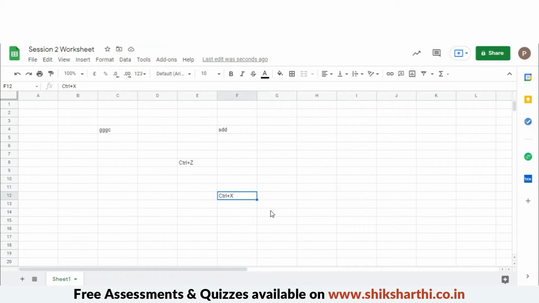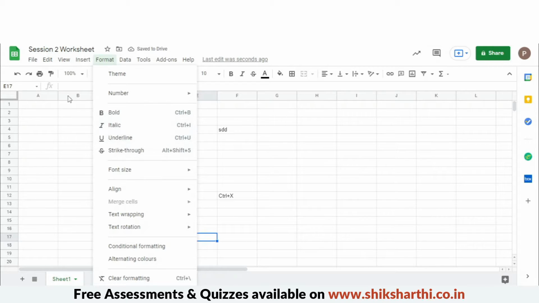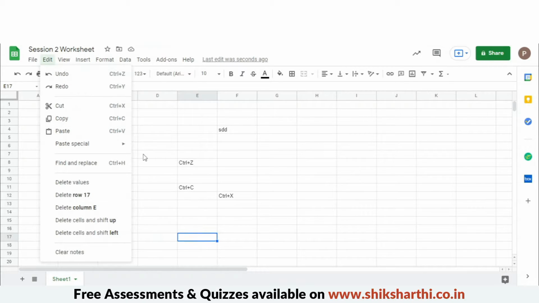If you just press Ctrl C, it copies the value, and pressing Ctrl V, there are two values. With Ctrl X, it fully cuts the value and pastes it elsewhere. With Ctrl C, it just copies the value and places it elsewhere. These shortcuts are all available in the Edit section. For paste, it's Ctrl V.